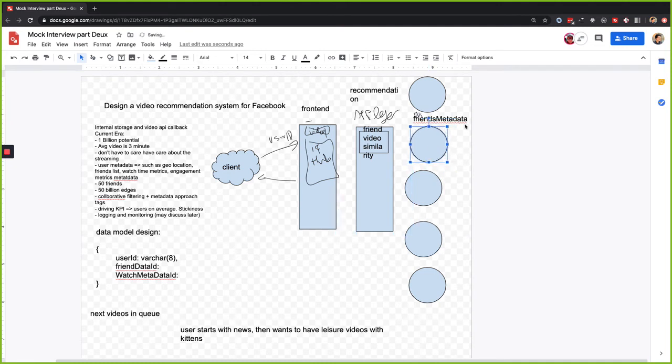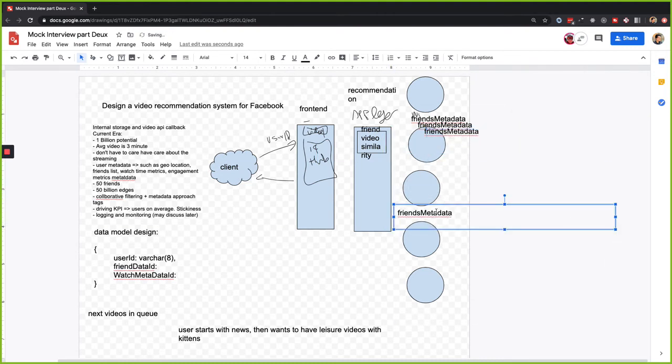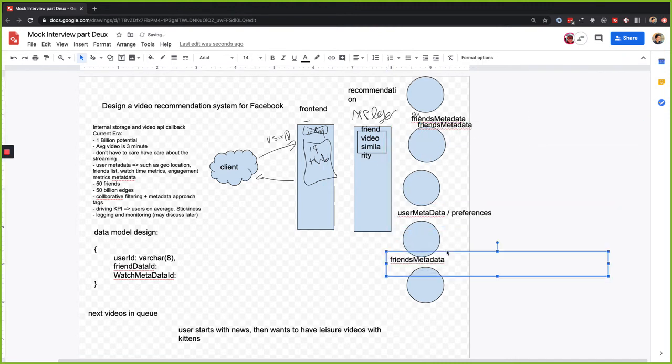Okay, and then let's copy this. So we'll just have a couple: user metadata or preferences. Okay. Then I think we should also, since Facebook's a global company, include something like checking videos